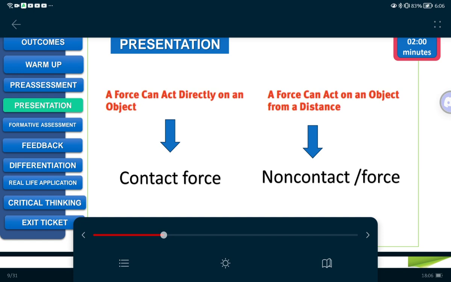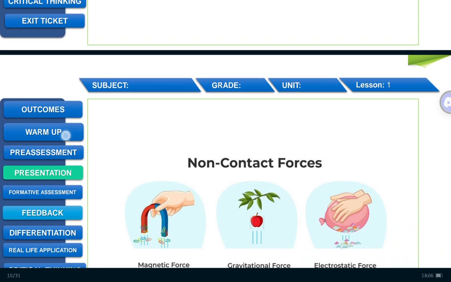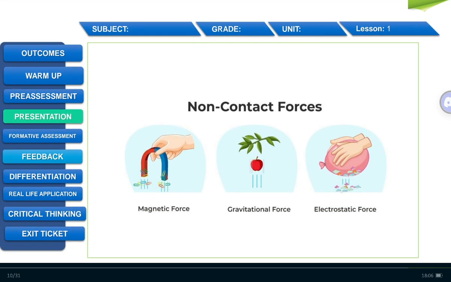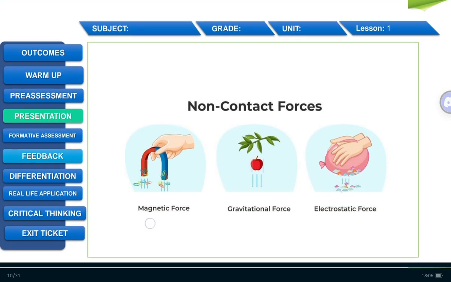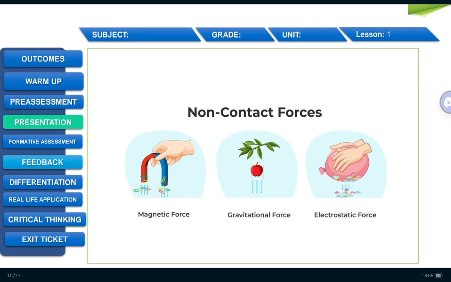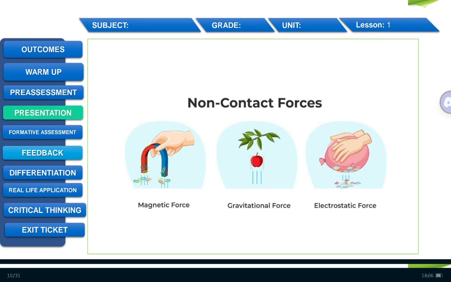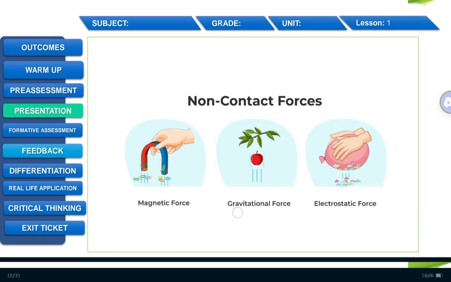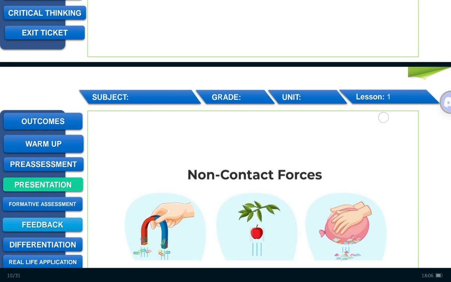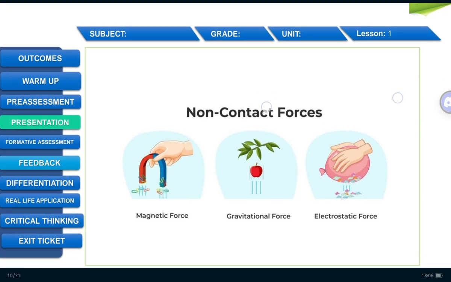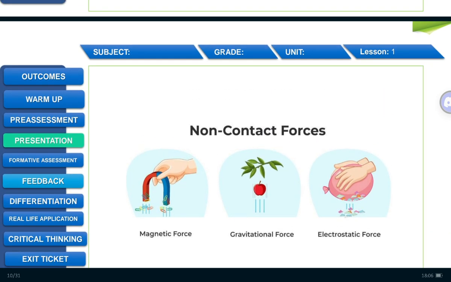A force can act on an object from a distance. The non-contact force. Non-contact forces: magnetic force, gravitational force, or electrostatic force. Now it's showing you many great examples. Like a gravitational force, because it is going down. It shows an apple going down, which is gravity,